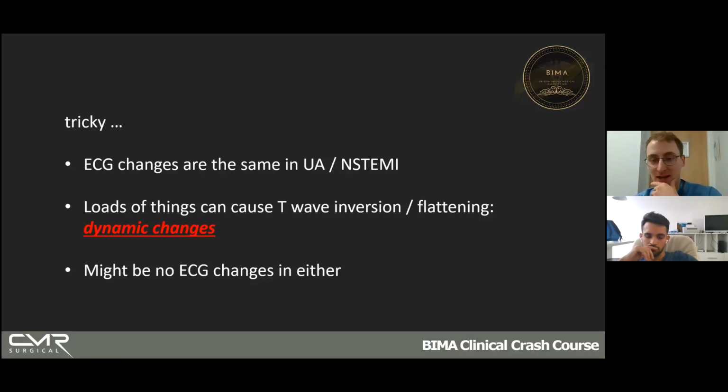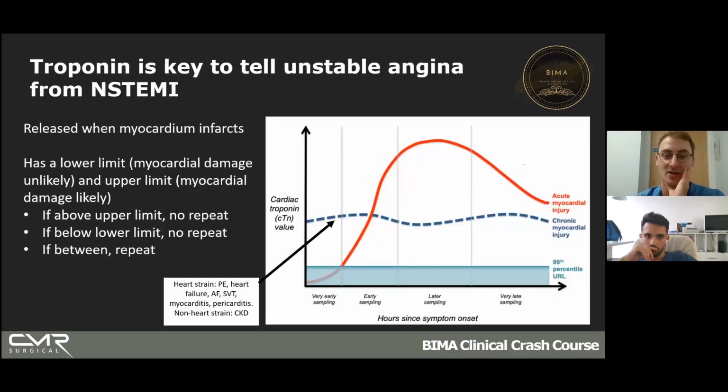So how do we go about telling someone's got some ischemic sounding chest pain? ECG is a little bit, you don't really know what's going on. There's some T-wave inversion. Could be unstable angina, could be an NSTEMI, could be nothing. You do what's called troponin. So we talked about troponin a little bit at the start of the talk. Troponin is an enzyme released when myocardium dies. So i.e. in an NSTEMI or STEMI. It's not released in unstable angina because there aren't any death of the myocardial cells.